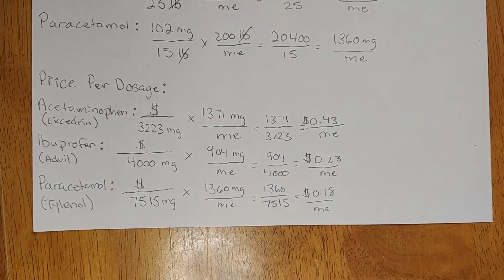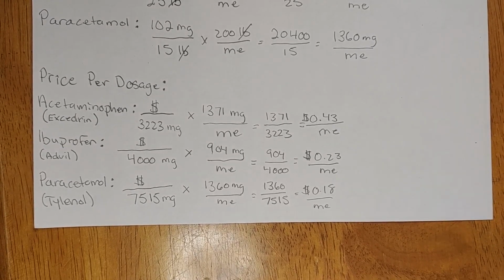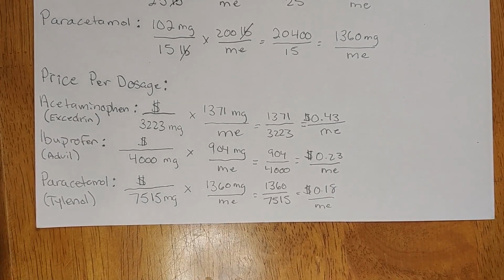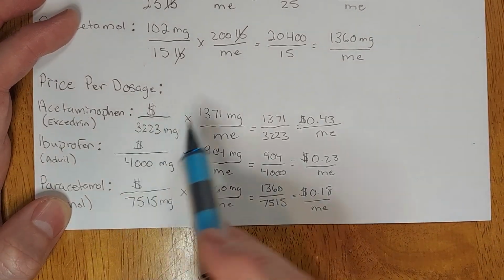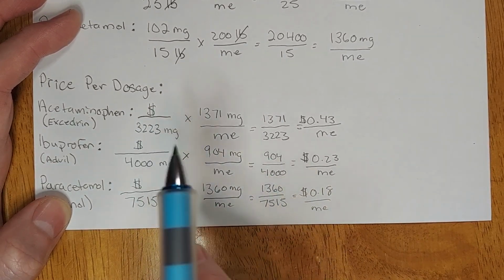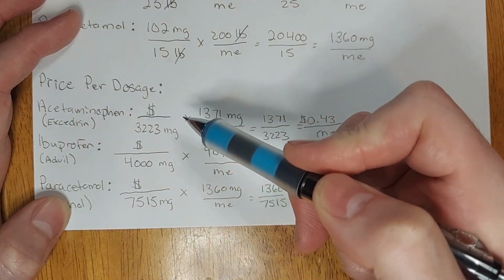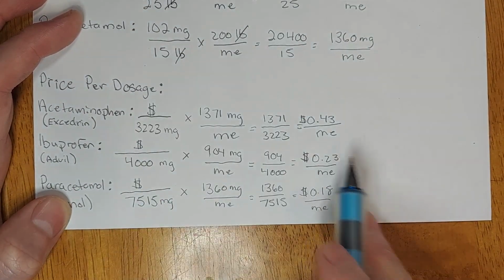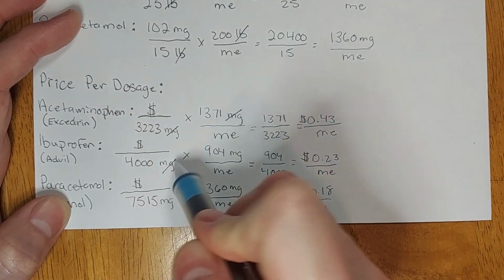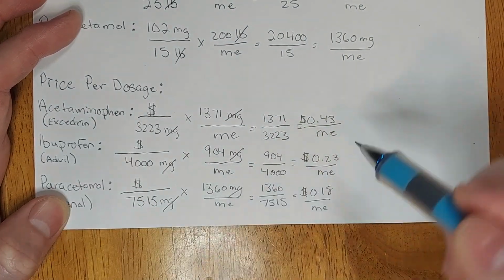Lastly, we will take the 2 answers we received from the above equations and factor out the milligrams so that we're left with the price per dosage for me. I set it up so that the dollar is above the milligrams, and in dimensional analysis you can switch the numerator and denominator to easier set up your problem. Setting it up this way allows us to remove milligrams from each equation so that we multiply across and we end up with